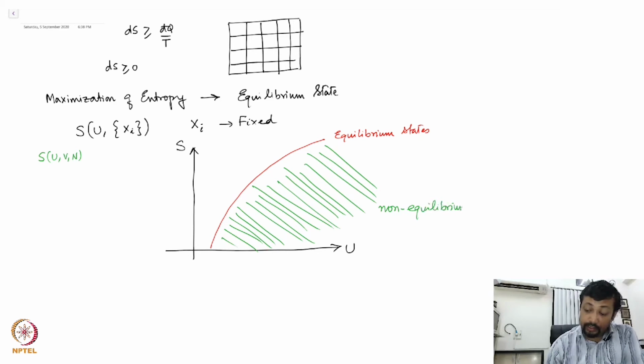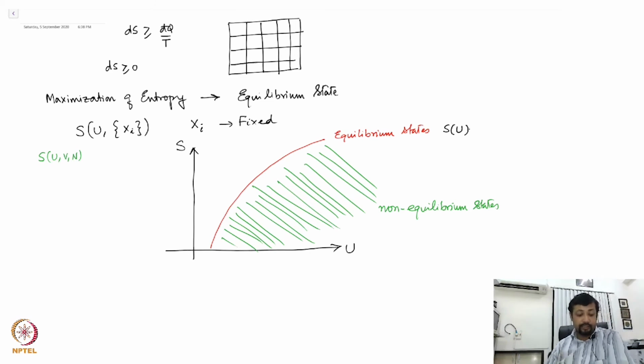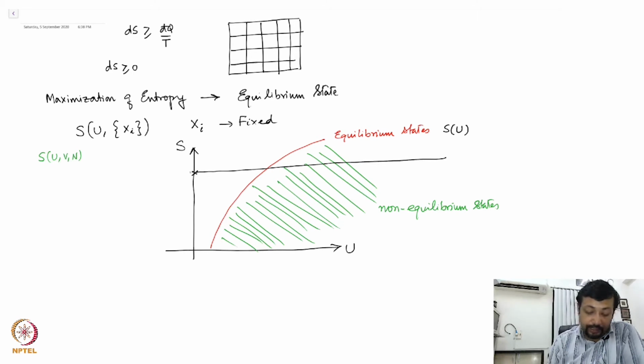So these are your non-equilibrium states. Can you find out why these are your non-equilibrium states? And all the points on this red line or red curve is essentially the equation S as a function of U, where Xi's are held fixed, right? Now imagine that I fix the entropy of the system. If I fix the entropy of the system, I have also fixed the coordinates of the system, then you see there are several thermodynamic states possible, correct? But none of these are equilibrium states. The equilibrium state always corresponds to the minimum energy, the one which has the minimum energy of all the states.